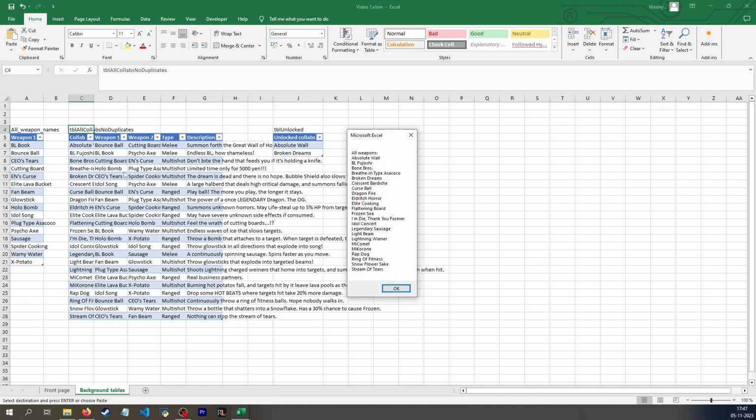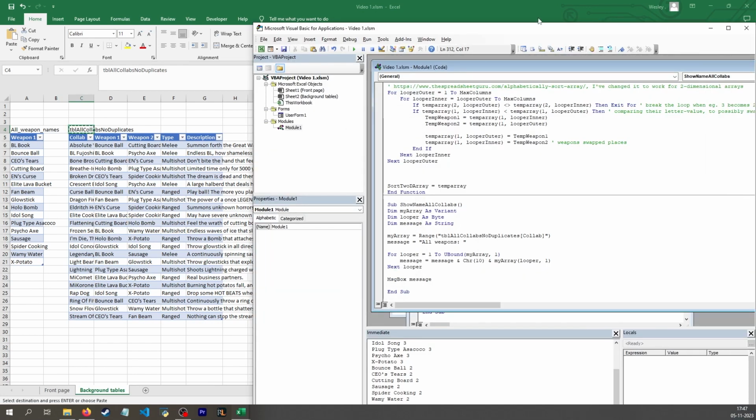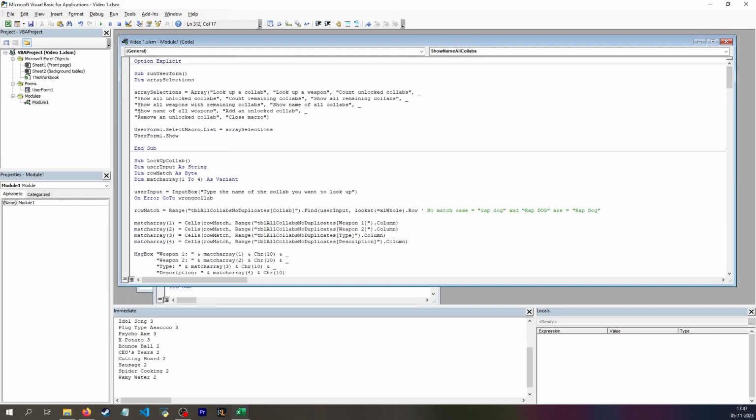And I'm not going to add in a sorting function because I'm just choosing to already sort my table, my original table, meaning I don't have to worry about that. So that was nice and simple. Getting the name of all weapons is only mildly more difficult. So if I go back and then I need to say show name of all weapons,